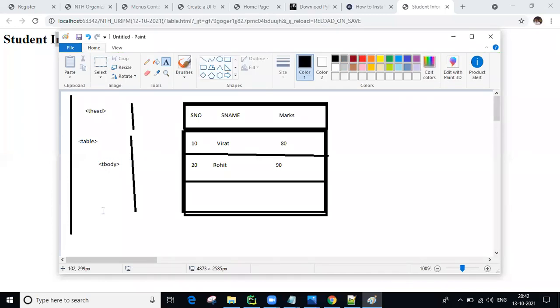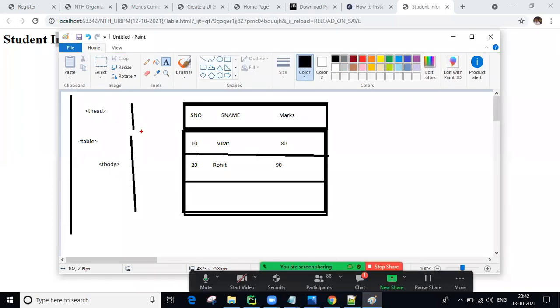Okay, remember that one. Otherwise, I'll write it here so you can see easily. So from here to here is the total table. To represent the entire table you use the table tag. This piece we can call the head section, and this piece we can call the body section.